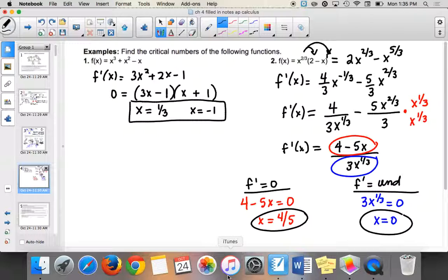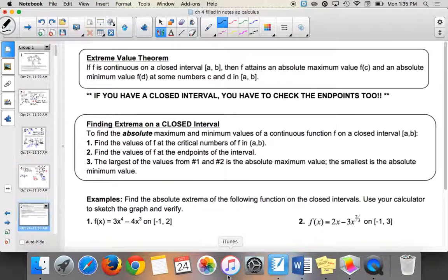So a lot of people think, oh, the undefined is not going to be a max or a min, but it could be. Remember, you could have those cusps, and this is a case where there would be a cusp. So you could graph that, and you'll see the x to the 2/3. This is another good one to have in the back of your mind. Y equals x to the 2/3 looks like this. Do you see how there would be a minimum there? Even though the derivative is undefined there.